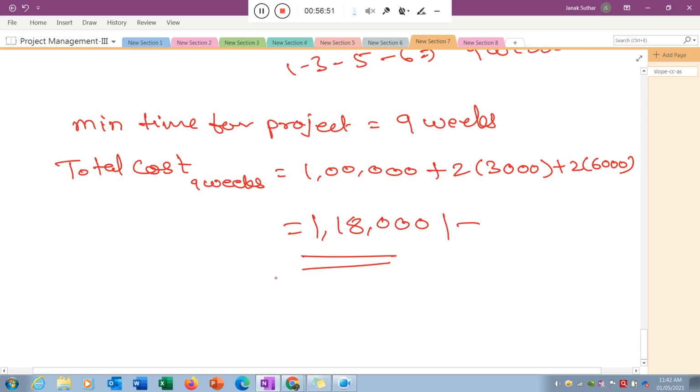So now, instead of 16 weeks, we know that the cost is 82,000 only. But if you want to reduce your project time and don't care about the cost and all, because your customer as well as you need to start another project, so this project you can complete in 9 weeks also, but the cost will be increased.